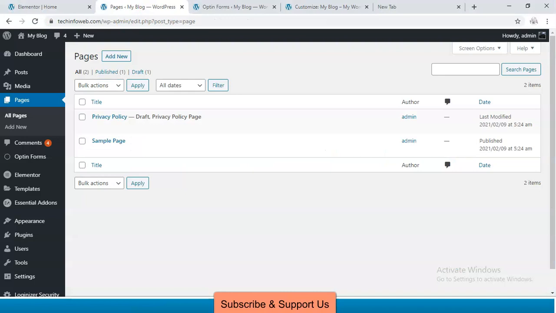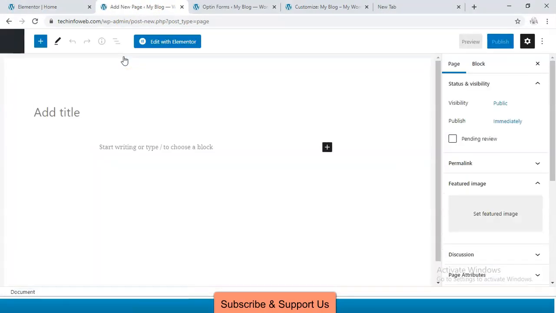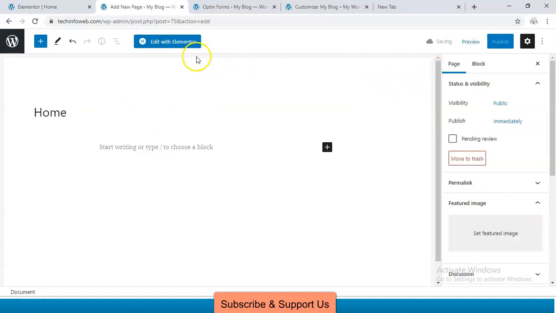Go to pages, click add new, and name it home. Click save draft. Now click edit with Elementor.